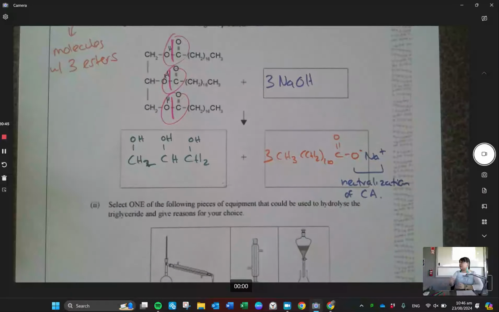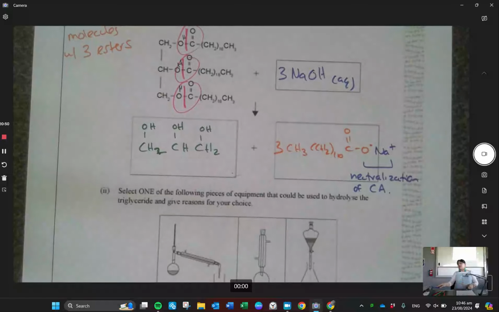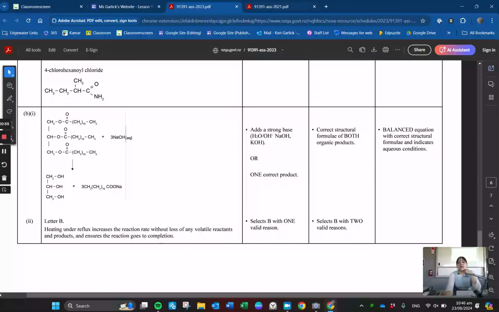And I forgot to write aqueous. It's a really unfair thing to kind of mark you guys on because it doesn't look like an equation. All right. And then the